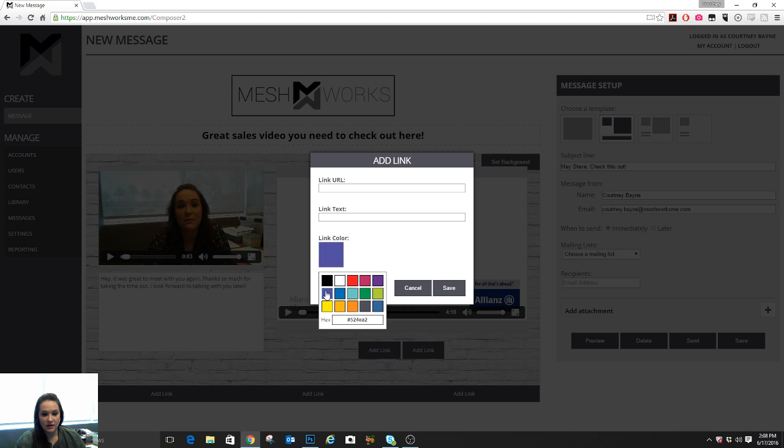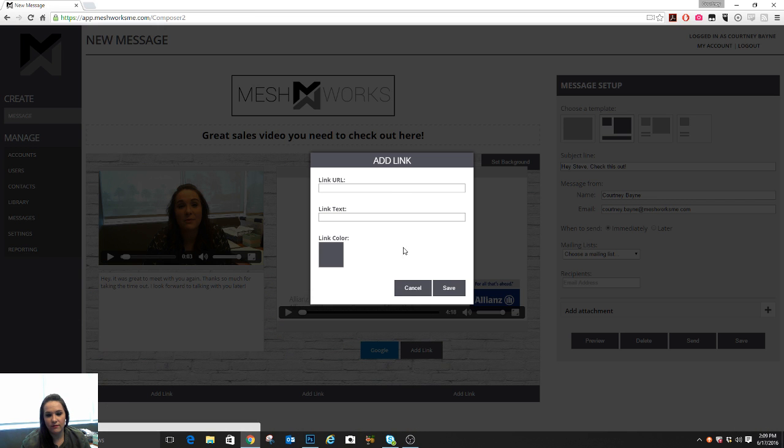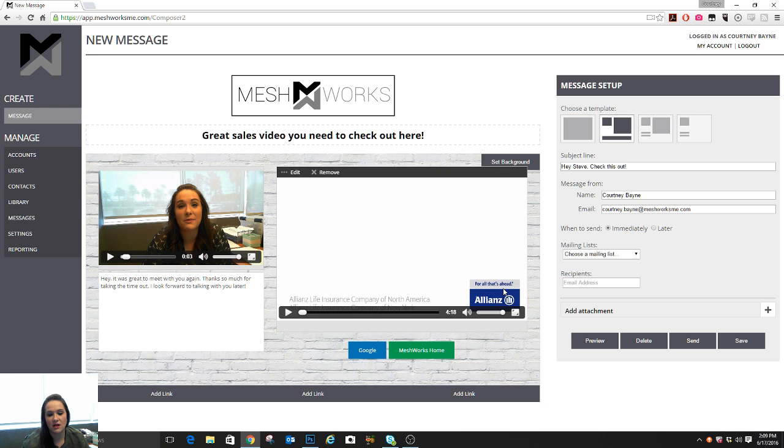If you notice, we have some preset ones, but you can also add whatever HTML hex code number you want to use, and you can use any color. It just gives you a little bit more brand identification there. So just to test, and I'll make them blue. So there you go. Maybe I'll make this one green. Those are my two